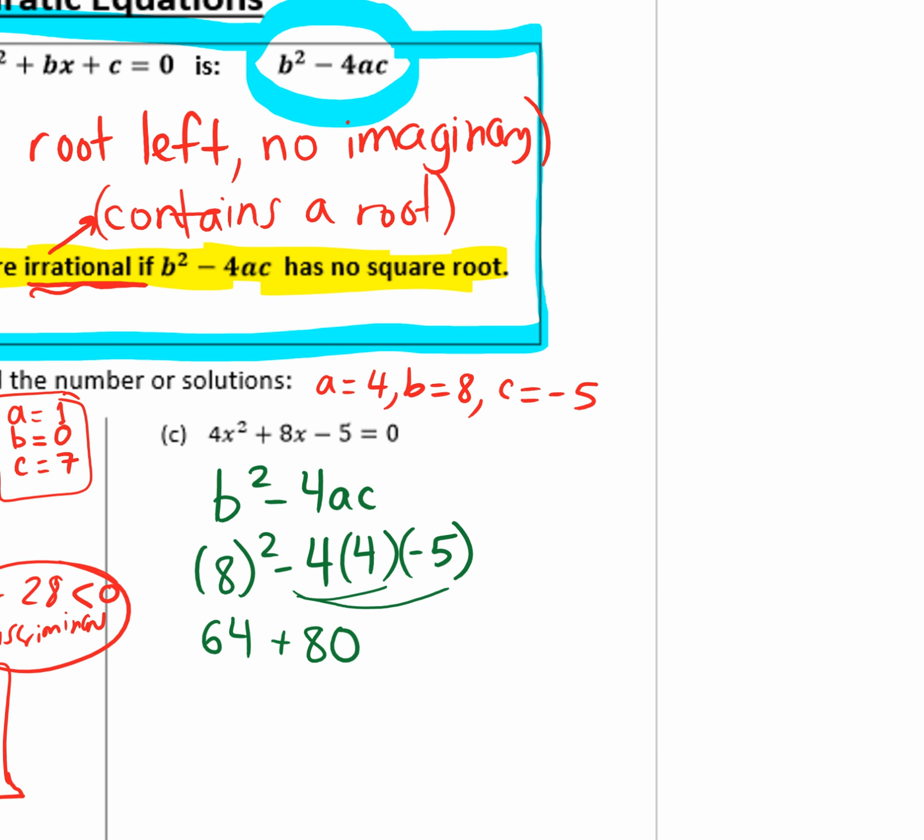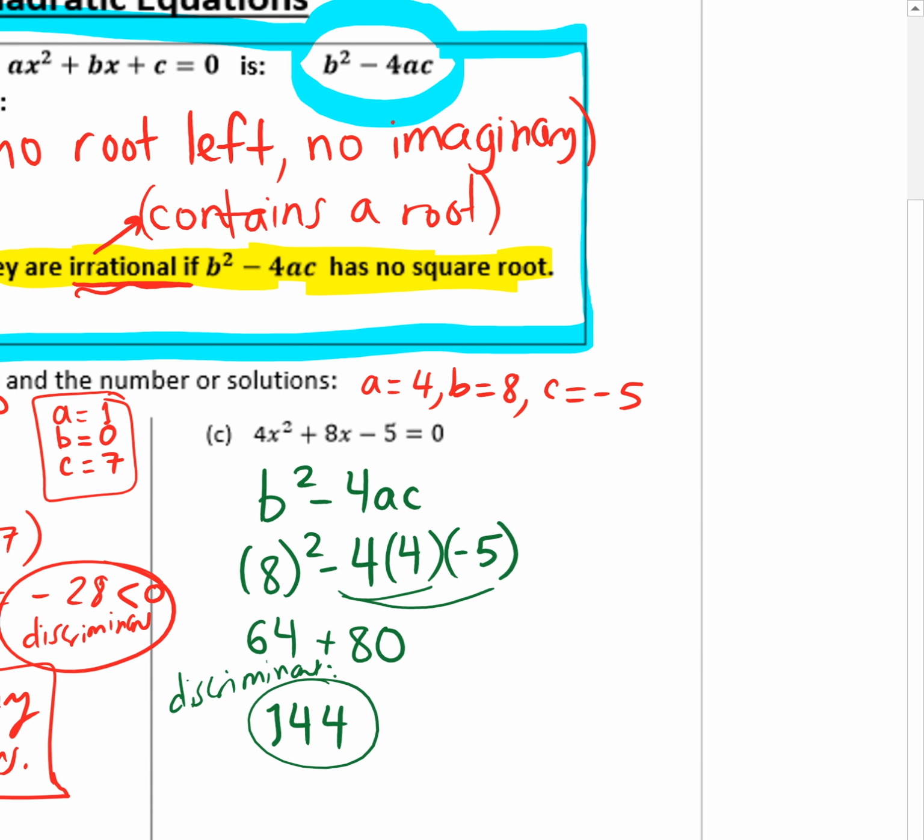Sounds good. 64 and 80 is 144. There we go. So there's our discriminant. That's what we're looking at. And they're not going to ask for that in the homework. They're not going to say, what is the discriminant? They're just going to want you to find it and determine on your own what type and how many solutions